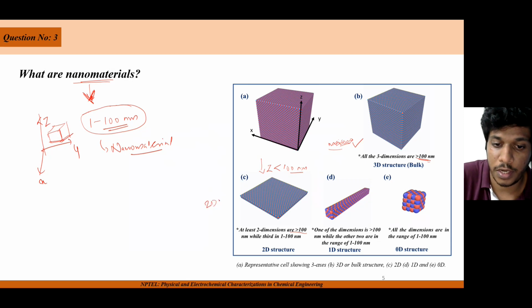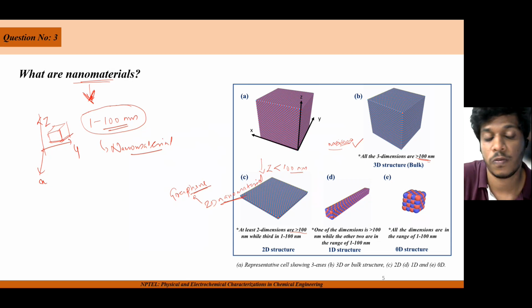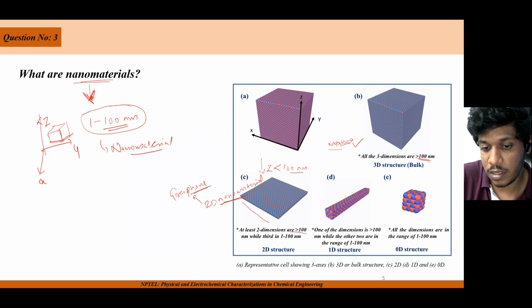This is a 2D nanomaterial. An example for a 2D nanomaterial is graphene. It's a very well studied material. Graphene has been used in a very wide range of applications. And to go forward, now we have seen this is greater than